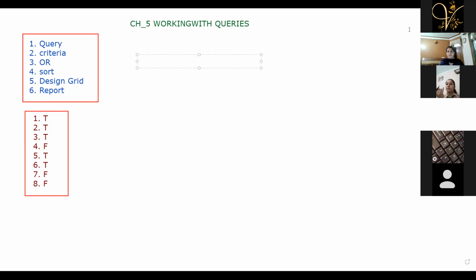What will be the answer? What condition you will specify? क्या condition लगेगी? Create tab in design grid, set criteria less than 50% marks. Yes. So in the design grid, जब आप query create कर रहे हो अपनी, तो inside the query, there will be a design grid, bottom part, right? So in the query, in the design grid, you will set the criteria.